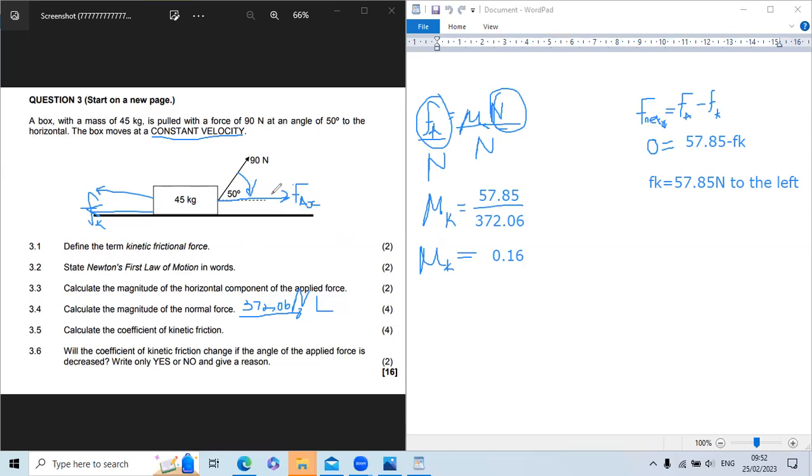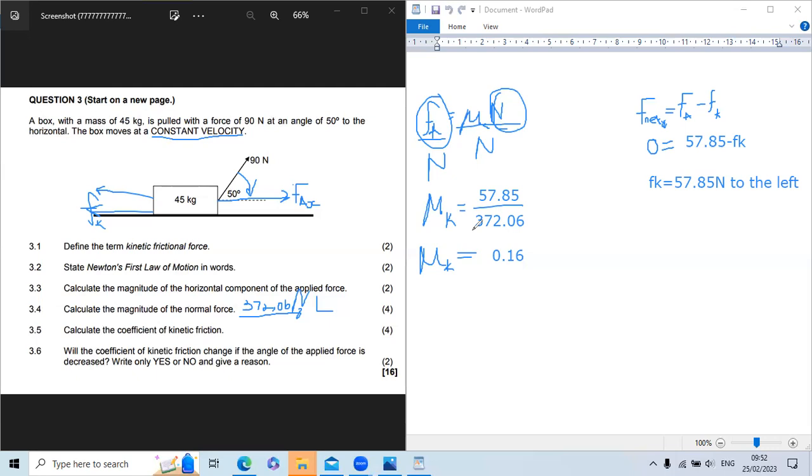Then if the normal force becomes bigger, we're going to change the force applied. The force applied is going to become smaller. There's going to be a smaller number on top but a bigger number below. So usually it's not going to change because